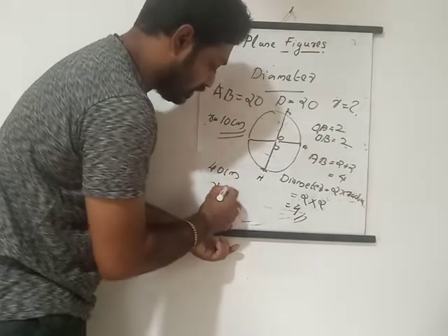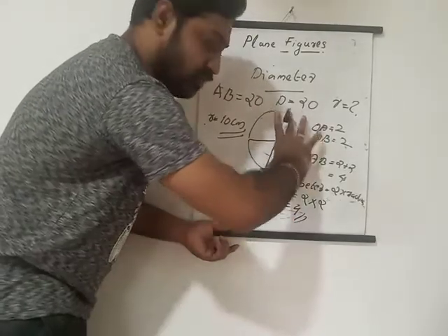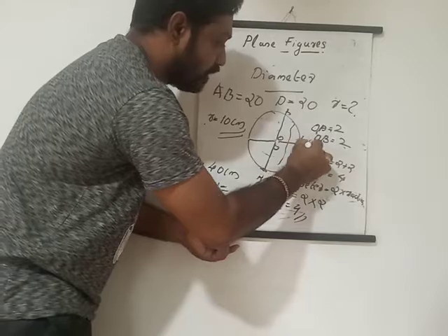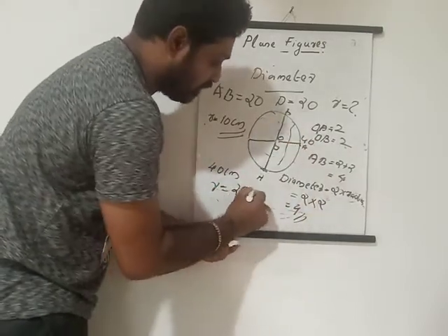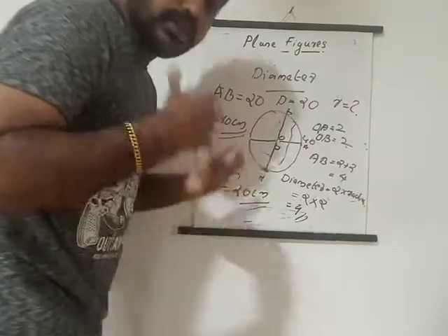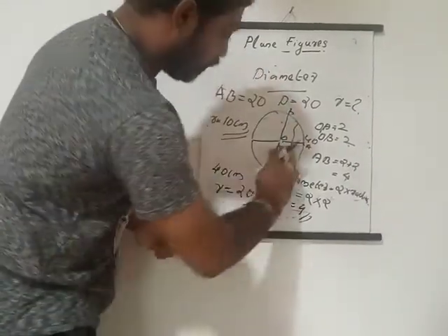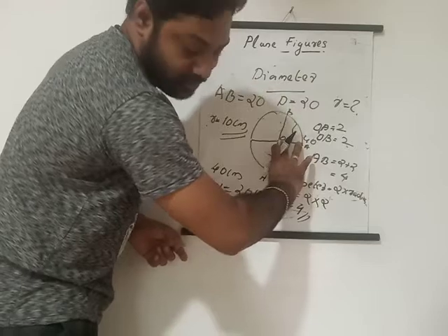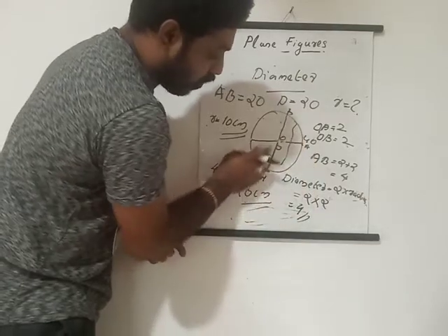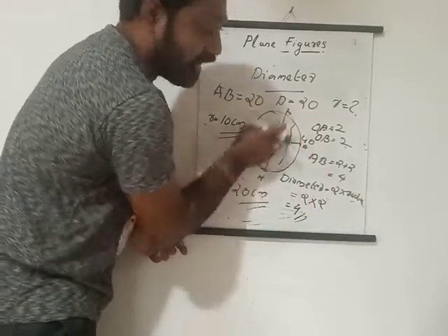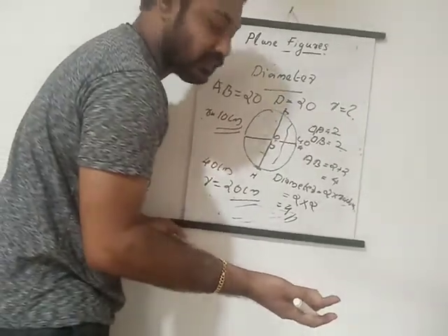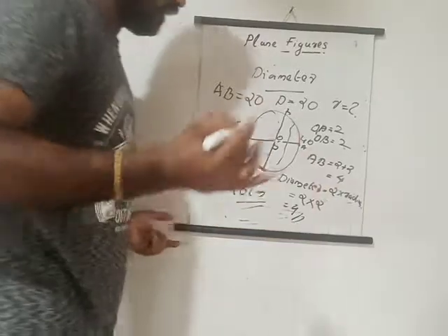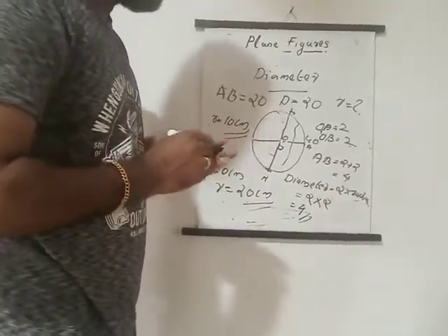Another example, if the diameter, from here to here, is 40 centimeters, then what is the radius of the circle? This much is 40 centimeters. Then what is the radius? Half of this diameter. Then what will be the answer? 20 centimeters. Use common sense. Understand? If OA is 5 centimeters, then what will be AB? This is 5. Then double of it is 10. 5 twos are 10. So that is the relation between the diameter and the radius.